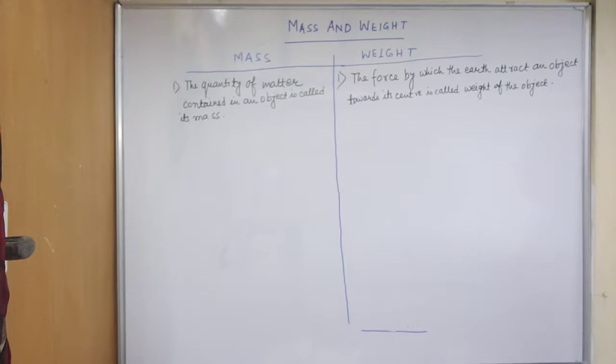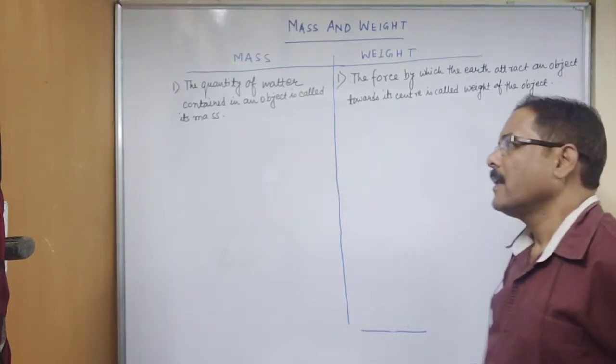So these are the definitions for mass and weight. For weight we have written that the force by which the earth attracts an object towards its center is called the weight of the object. Then we can write